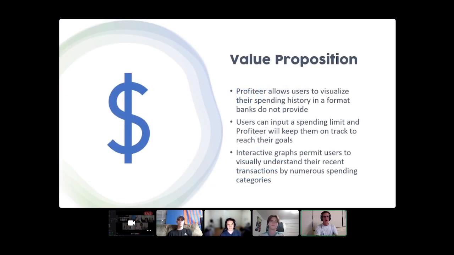So, the value that Profiteer brings to the table is it allows users to visualize their spending history in a format that banks don't usually or almost never provide. Being able to visualize your spending history in a format that puts everything into graphs instead of only looking at lists of transactions, and honestly, with banks looking at your bank data, it gets awfully confusing. So Profiteer bridges that gap and allows users to understand what is being taken in and put out of their